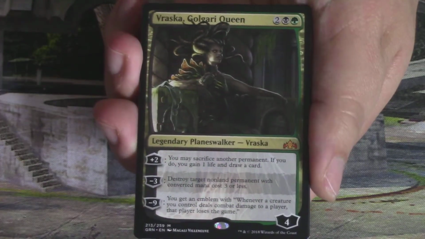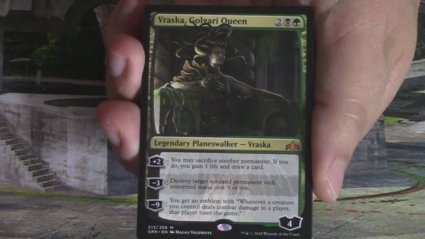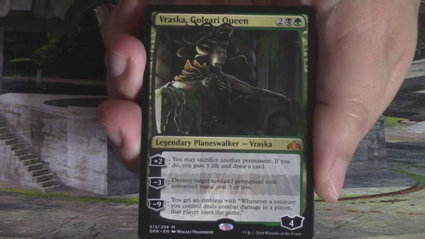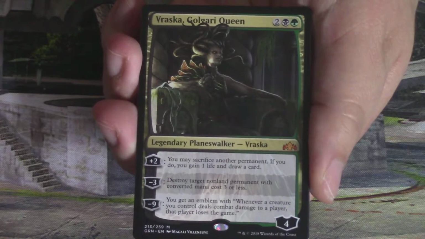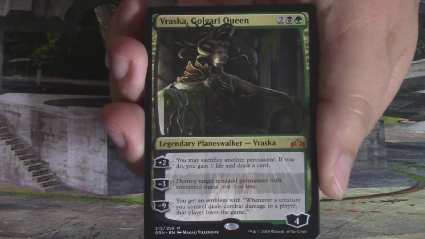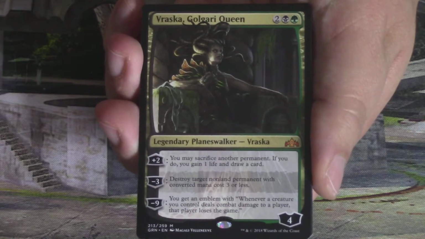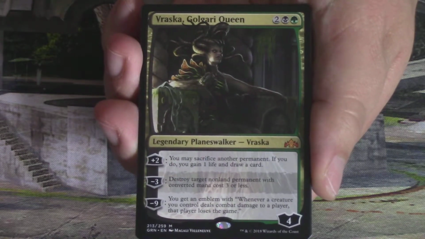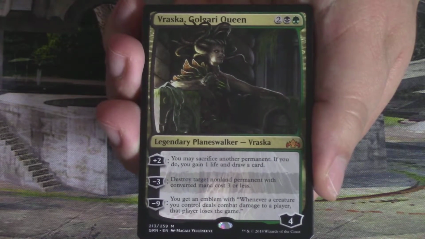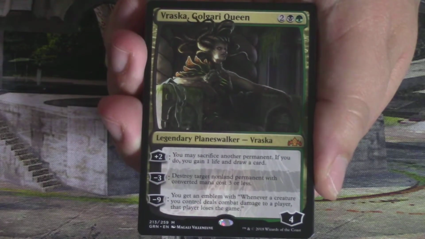Wow. Wow. Very nice. We could probably splash black for her. That's not that hard. But here is Vraska, Golgari Queen. Very, very cool. Obviously, she would rather be in a Golgari deck, but we have Vraska, so we could totally play her. She's a Planeswalker. You know, if we get a Golgari Guildgate, might not be a bad idea to try to include her, because